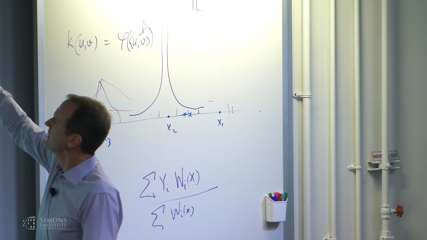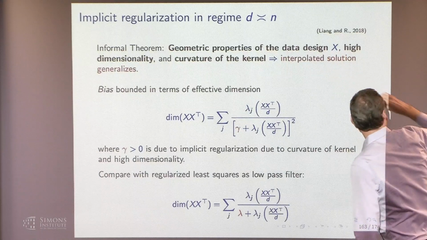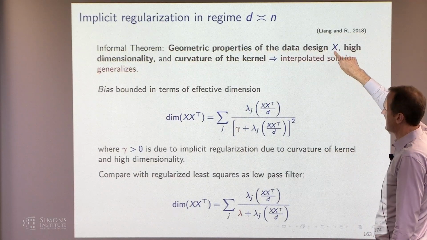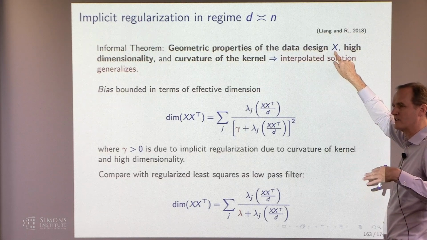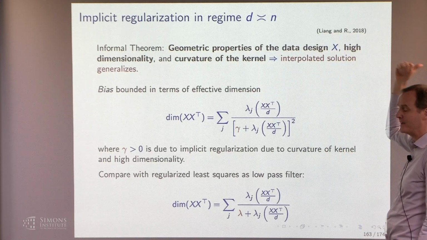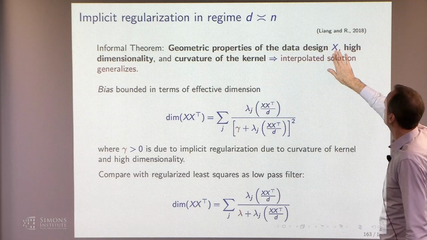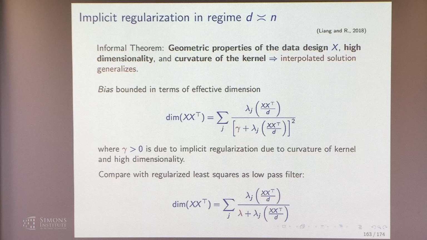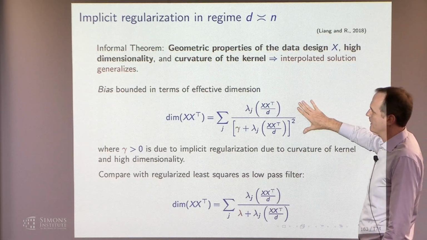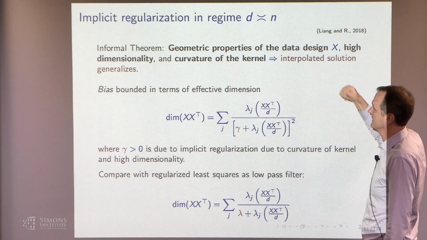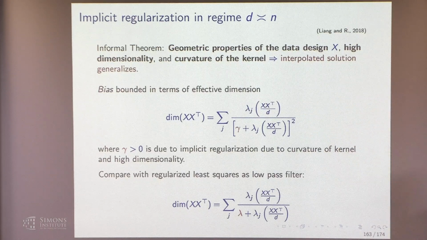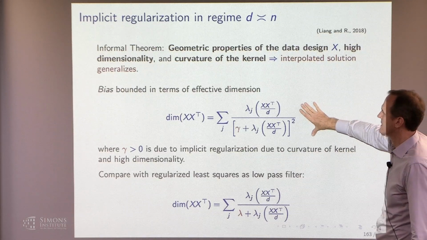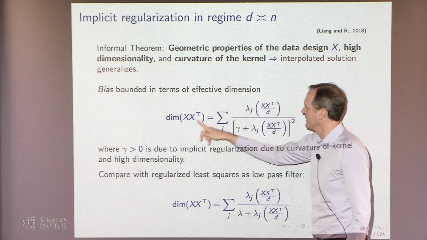And then under some properties, X is the matrix of data in the d-dimensional space. So when you know something about the way that data lies, if d is large, if the phi has a nice curvature, then you can get bounds on the performance of this interpolated solution,